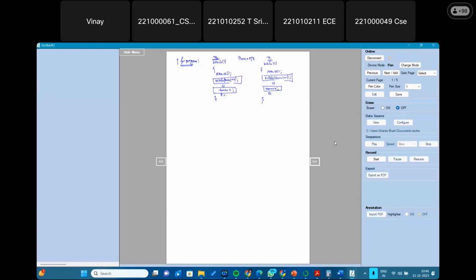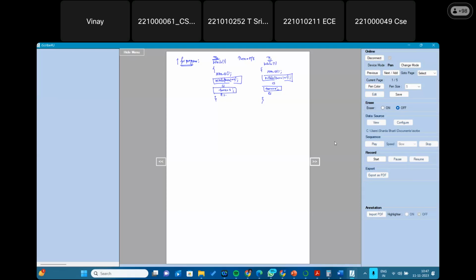Or in other words, we say that no other process can block the processes which are willing to enter their critical section. Since we are discussing only two processes,